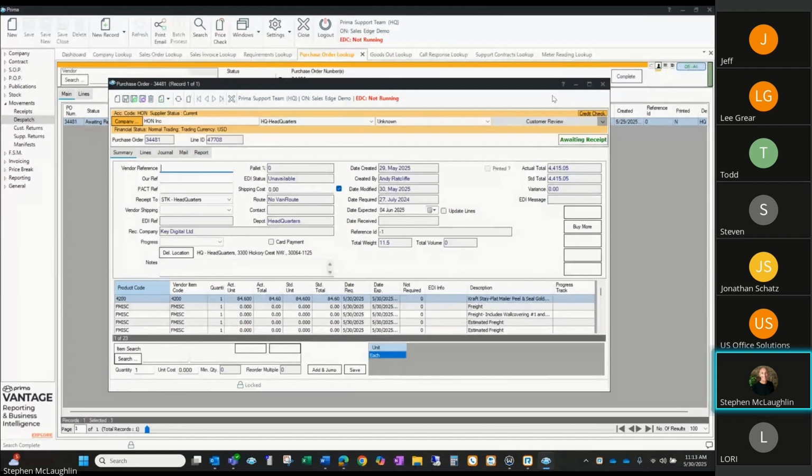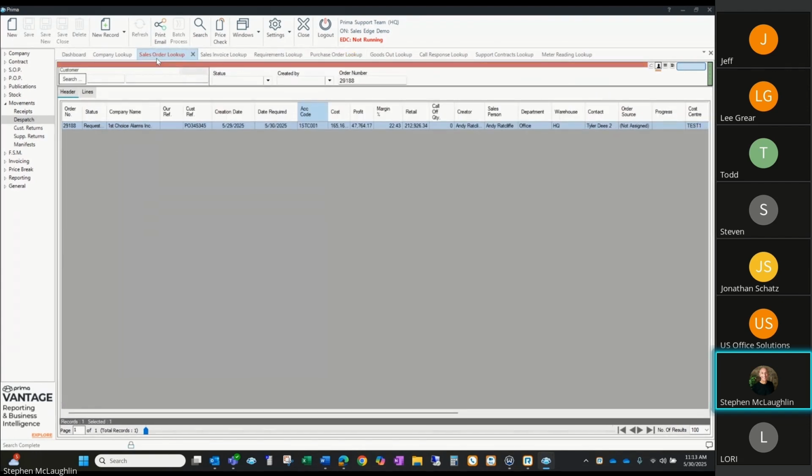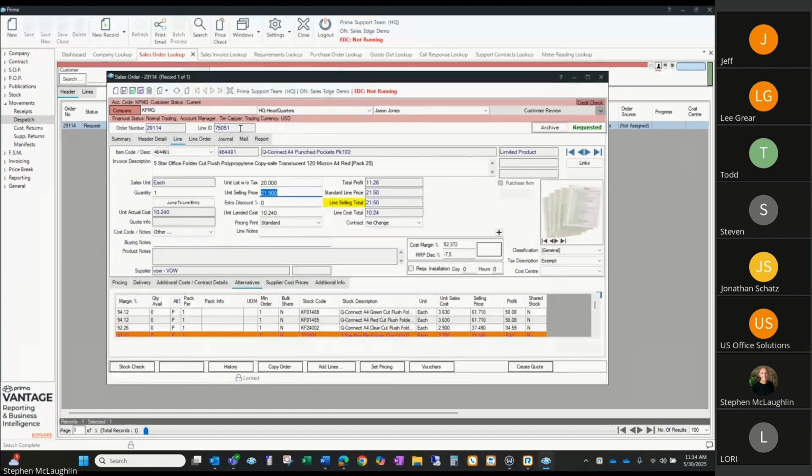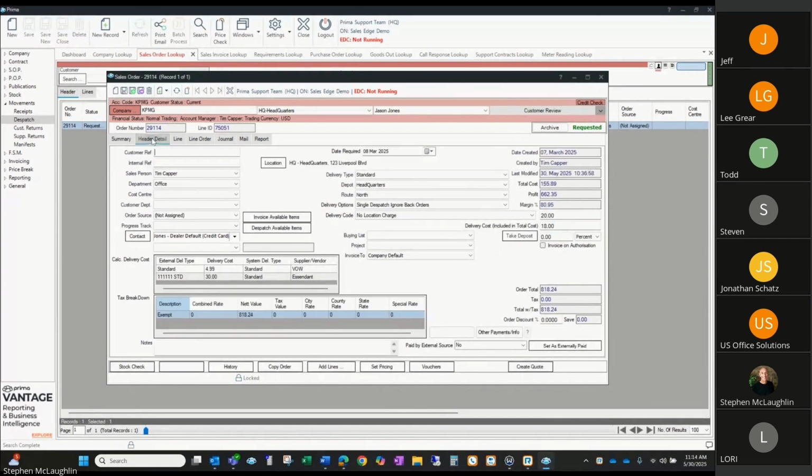Yeah. So moving on to sales orders now. Ever tried adding a line to a sales order and got blocked because everything's already been delivered? Well, we've improved that further now, so that when you're in a sales order, you can now add lines even beyond that status. So if I go into 29114, so if I have a look at the